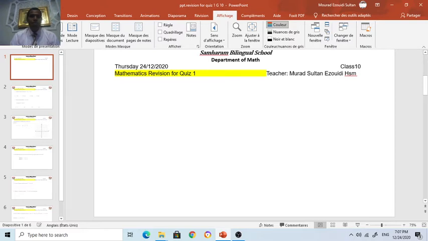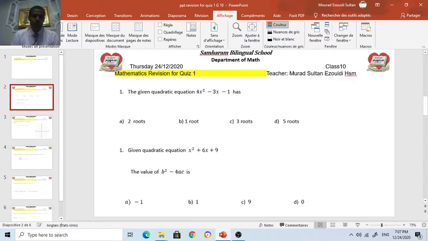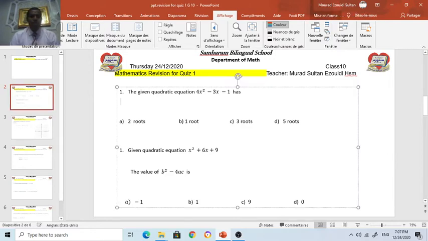So today we will start a revision for you for quiz 1. This is addressed to student boys and girls, class 10. So today is Thursday, 24/12/2020. Now we start. For example, for question number 1, my learners, you see the given quadratic equation